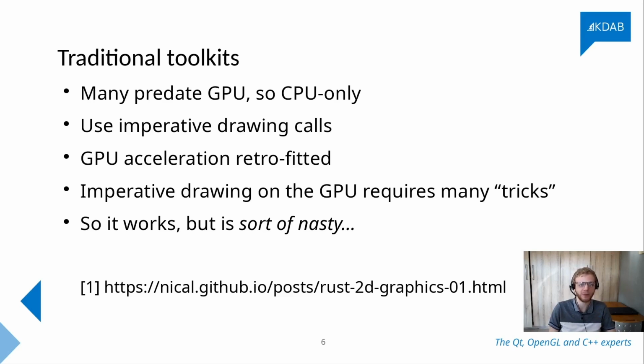But then, with time, things evolved, and GPUs became a thing, and people became aware of the potential of GPUs. And so GPU acceleration was retrofitted into these traditional toolkits to speed them up. But it's not like the whole toolkits were reworked to be GPU based. It's more like they found specific places in these toolkits where you could add GPU acceleration to make things like scrolling faster. So it's not really built from the ground up to be GPU based,